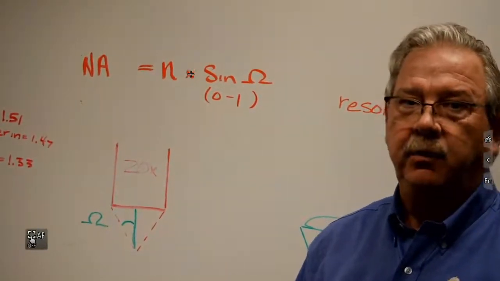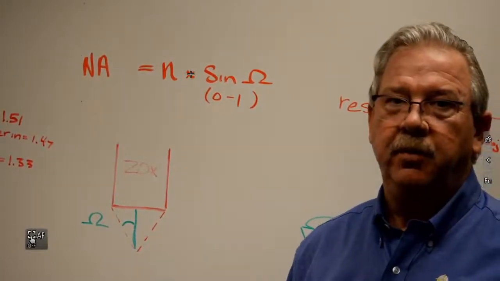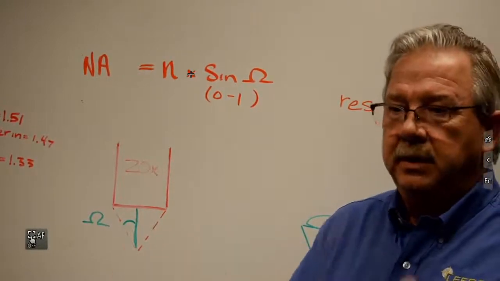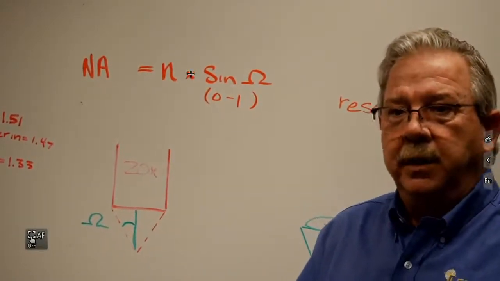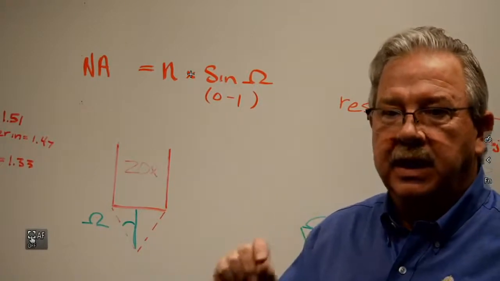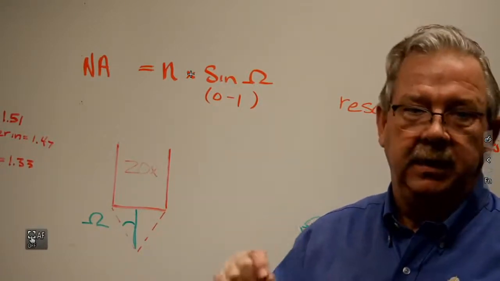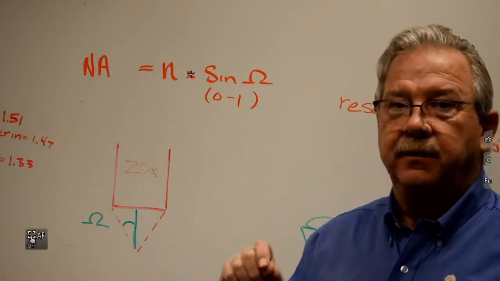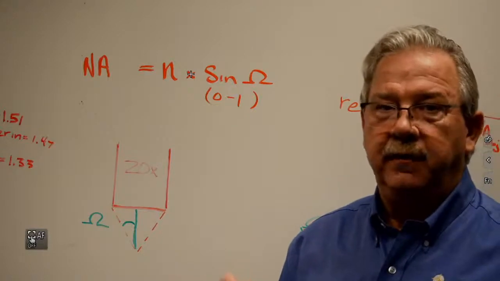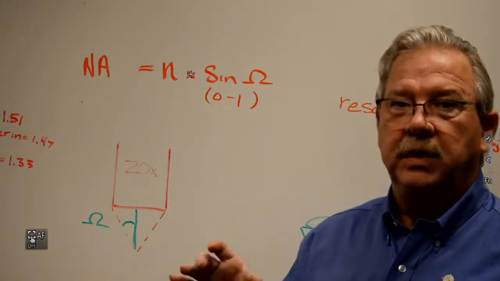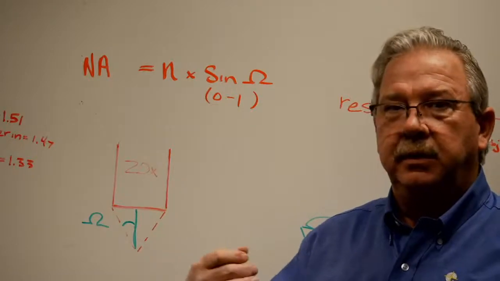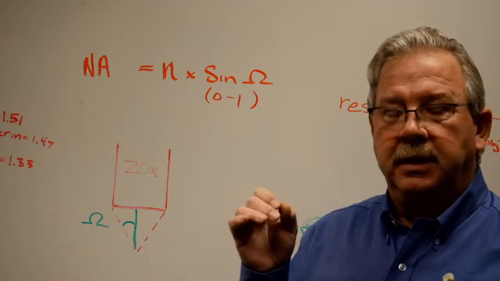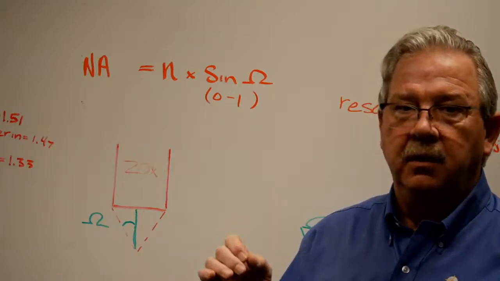In practicality, we find it is more typically 0.95. That objective is capturing light at such a broad cone that even the exact thickness of your cover slip is going to make a difference in the performance of this objective. So oftentimes you will find a 40x 0.95 objective will have a correction collar on it, where you literally dial in the thickness of your cover slip on your slide